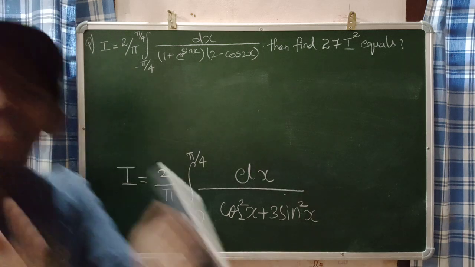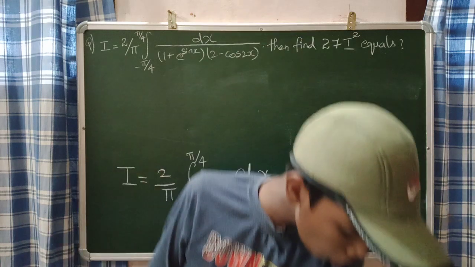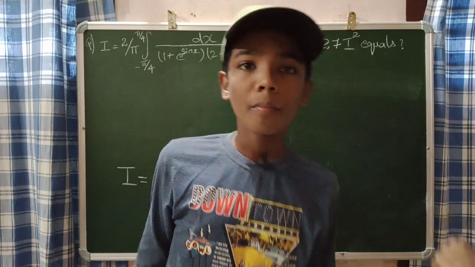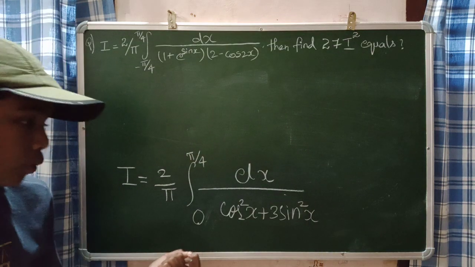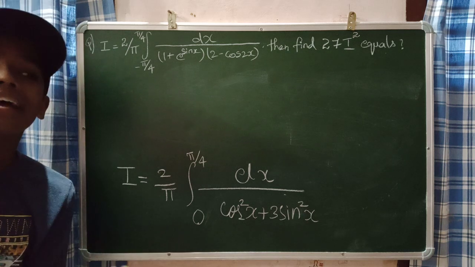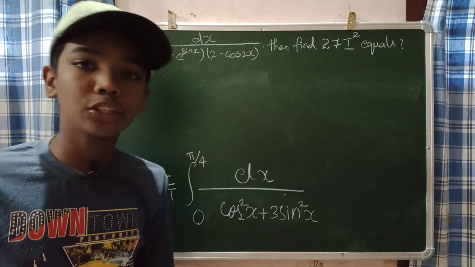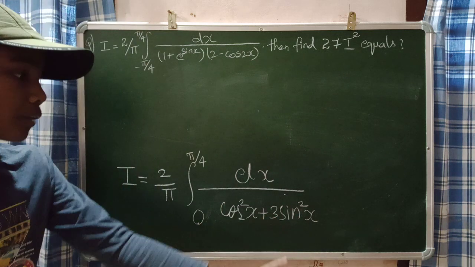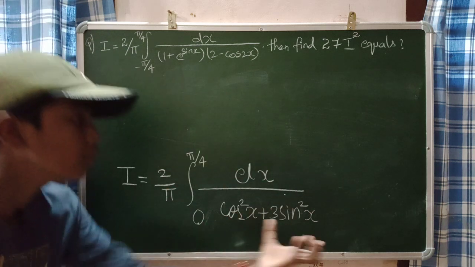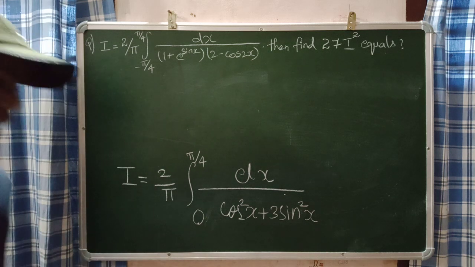I am doing all the formulas which I can do in the denominator. I am just applying all the trigonometric formulas in the denominator and I arrive at this form of the integral. So guys, I got 1 plus 2 sin square x. 1 plus 2 sin square x can be written as sin square x plus cos square x plus 2 sin square x, which can be written as cos square x plus 3 sin square x. I am writing that 1 as sin square x plus cos square x using a Pythagorean identity, and this is what you will be left with in the denominator. All the trigonometric formulas I am applying in the denominator only.